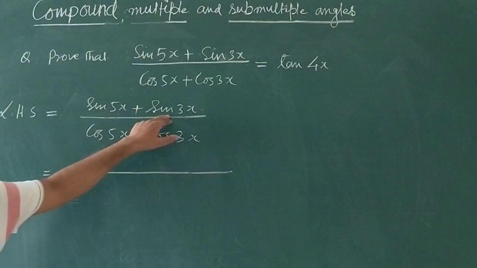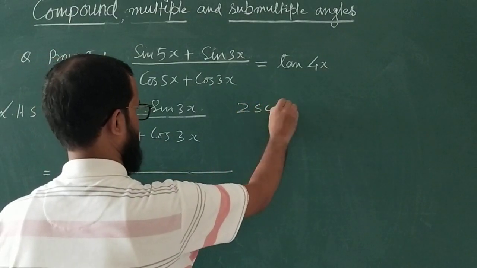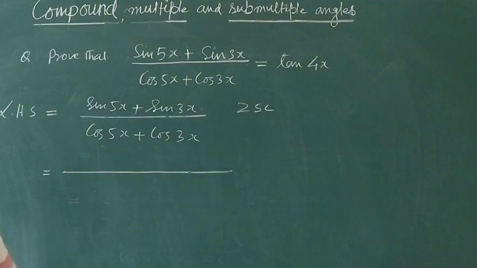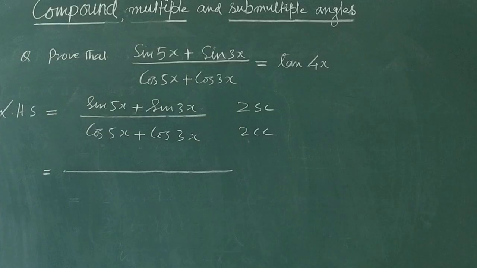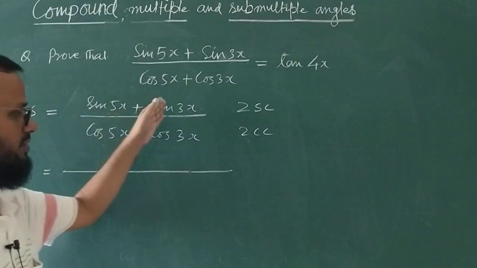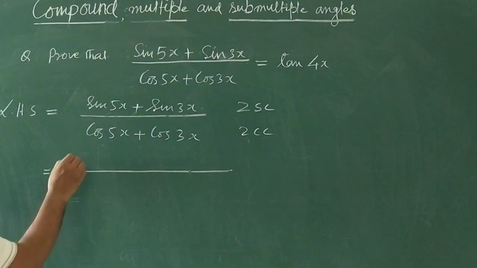What is sin c plus sin d? Plus रहेगा तो क्या होता है फॉर्मूला? 2sc. साइन से शुरू होता है, cos से एंड होता है. And cos c plus cos d, both are cos, is 2cc. First angle is addition, दोनों का ऐड करके divided by 2. And second angle is what? Difference of the angles divided by 2. So you can use 2 sin